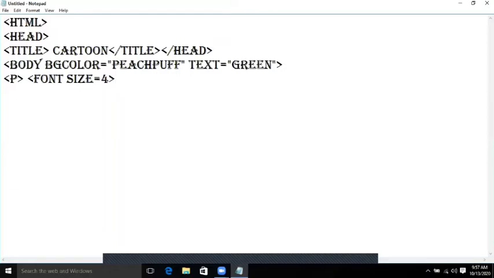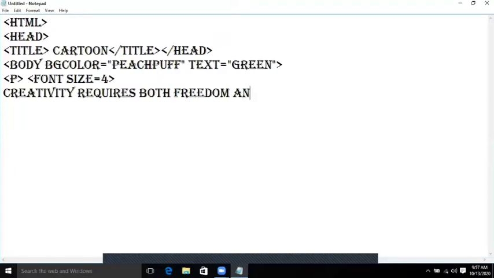Now after that write some lines, whatever you like. For example, the creativity requires both freedom and constraint in our thinking.